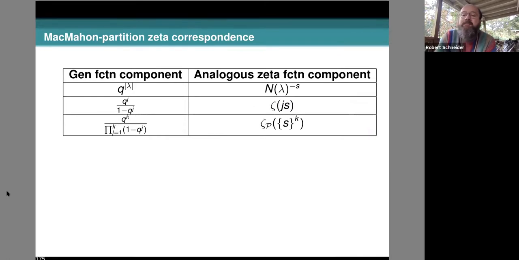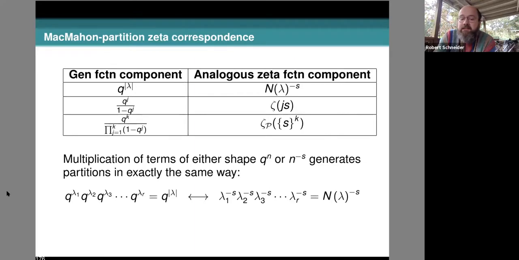So the question is, what does it mean? How is this an analogy? Well, in both cases, you're generating partitions in the same way. Here we're generating partitions by multiplication, see? And upstairs, we get the size by addition. These are the analogous parts. We're multiplying them in the same way. And we generate the norm, the product of the parts of the same partition. See, same partition up there as down here.